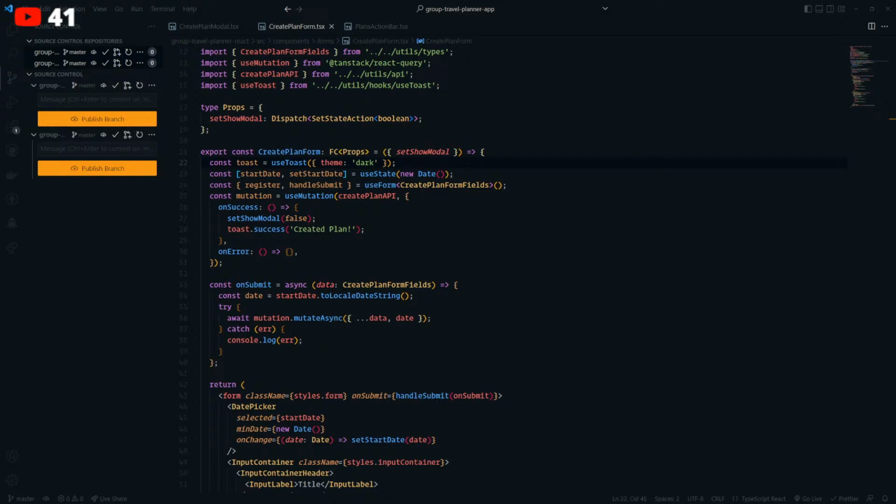Average salary for a senior front-end developer here in New Zealand is under 10K. It depends on location and on the company you work for too.